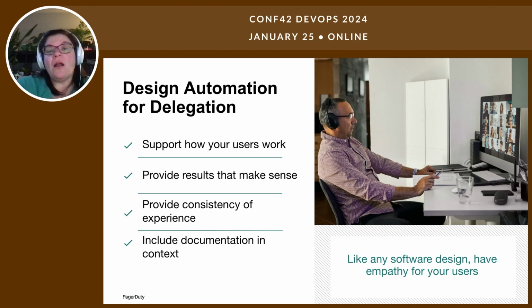So we are designing for other people that kind of look like us, right? They are other folks that are technically minded, they are doing technical work, and they are headed in the same direction we are, right? We want to create awesome products for the customers. It's just that some of us work on the back side and they work on the front side. So like any software design, we are focusing on empathy for the users. It just happens to be that the users are the next team over in the org chart.